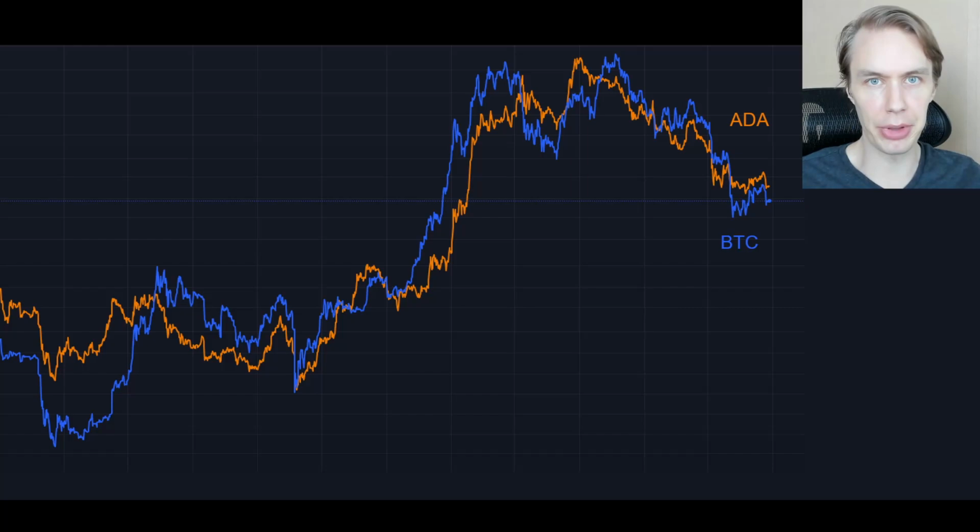What's useful about this relationship is that it allows for some prediction, because you'd expect that if Bitcoin goes one way or the other, an asset like ADA will likely follow. Now, obviously, it's not going to follow perfectly, but it will follow to some degree. And so that's what we're going to leverage here to see what are some realistic price targets for ADA based on different possible prices that Bitcoin could move to.